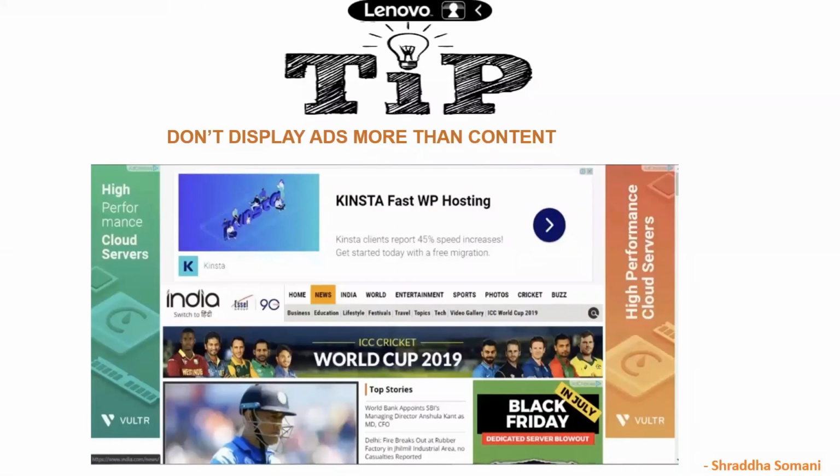If you can see with this design, what this particular website has done, on the left hand side also it has created an ad space, on the right hand side, on the top, on the sideways. Now all I can see is only ads. I cannot see the content over here. So again, this is a big no.